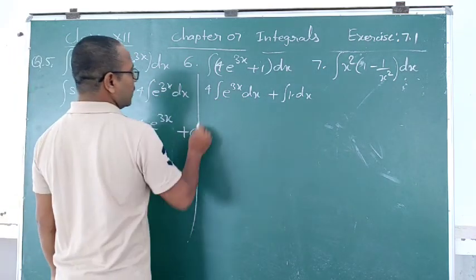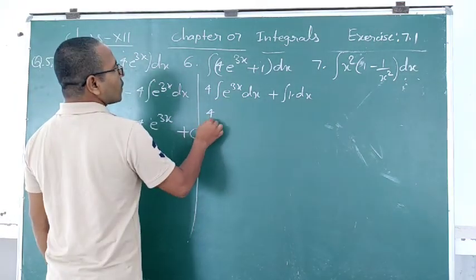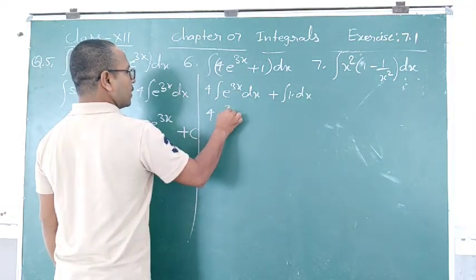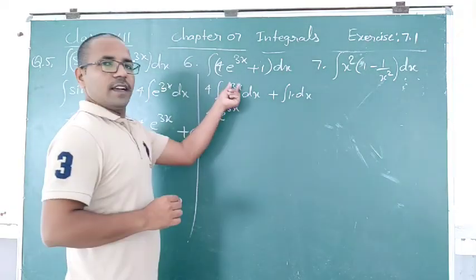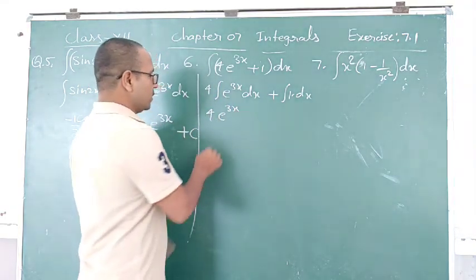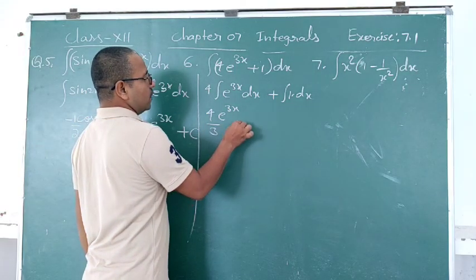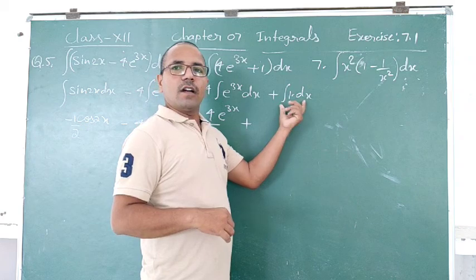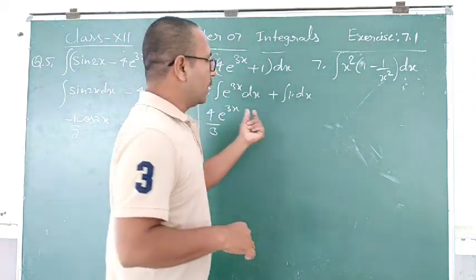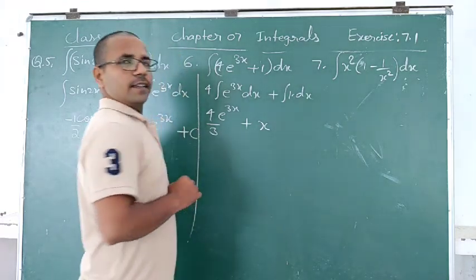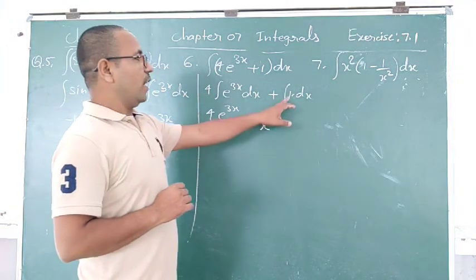Same result we will get here, that is the 4. So now integral of e to the power x, that is e to the power x only, we will keep it as this 3x. So what is the coefficient of x? 3. That will go in division. So 4 by 3 you will get here, plus integral of 1 dx. Integral of 1, how much will you get here? Which variable term will you get here? x. Clear students? How are we getting here?